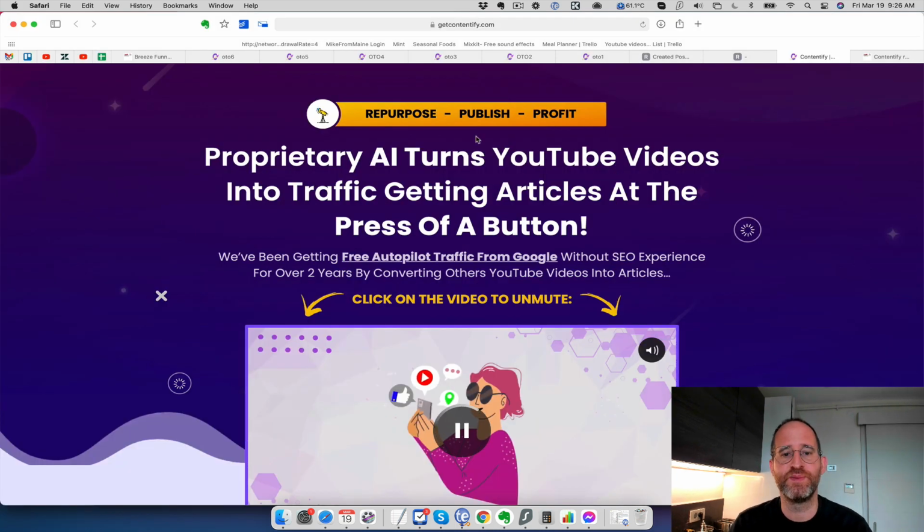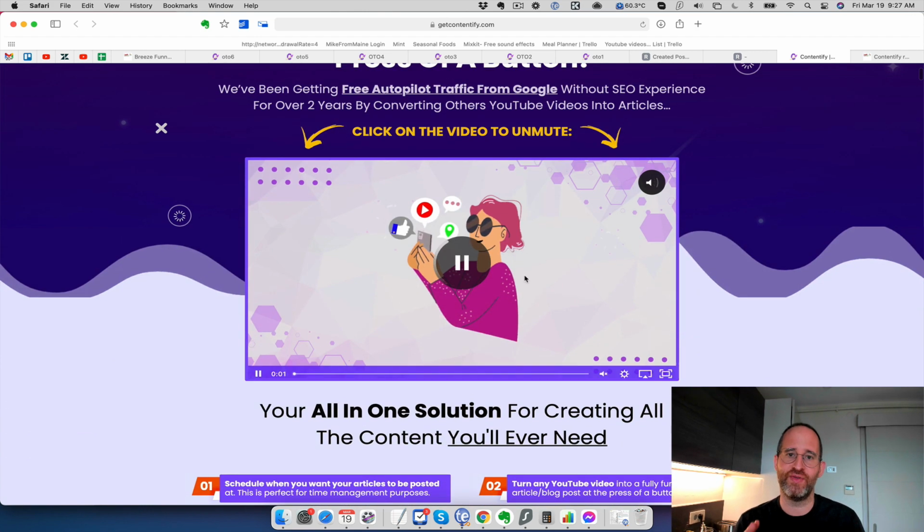Okay, let's take a look at the sales page here together. It says: repurpose, publish, profit. Proprietary AI turns YouTube videos into traffic-getting articles at the push of a button. We've been getting free autopilot traffic from Google without SEO experience for over 2 years now by converting other YouTube videos into articles. So essentially, this allows you to take any YouTube video and take all that text that's inside of it and use that as unique content on